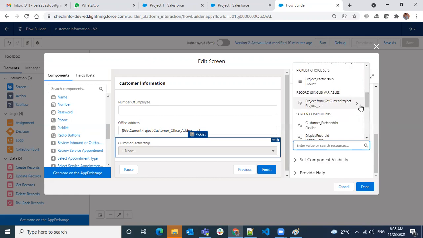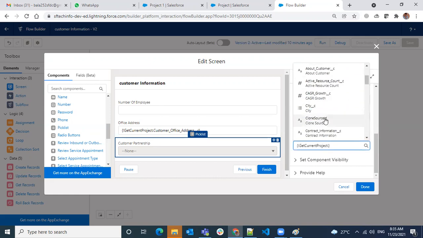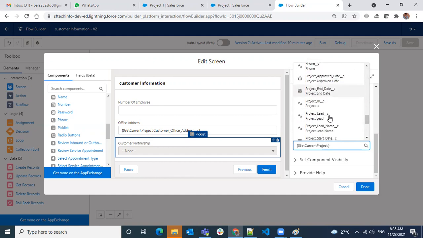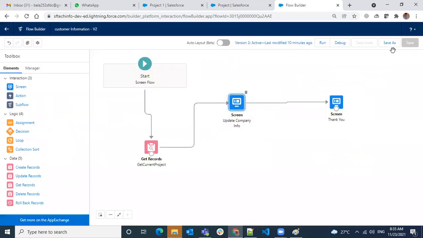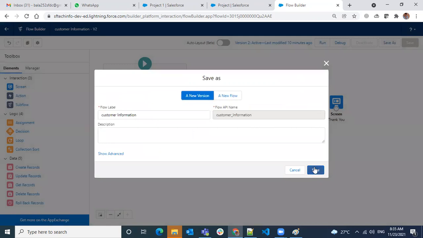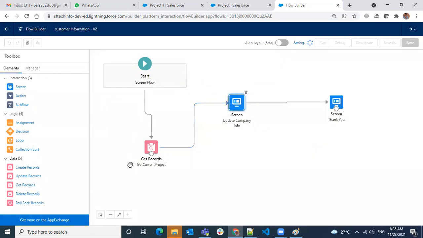I want to give the Partnership field here. So whatever the value in that will be picked as the default. Okay, done. So now what I did was just pick the values from the current record and display them, but I'm not saving it to the record yet.